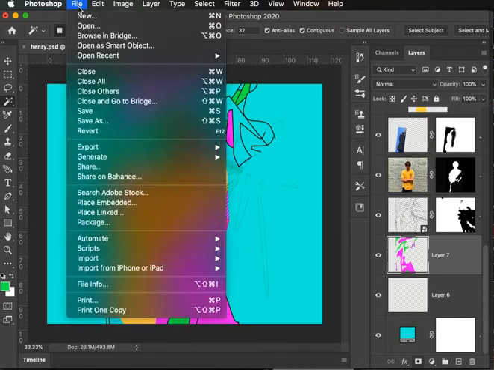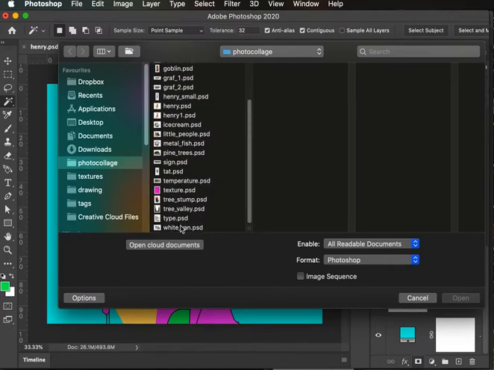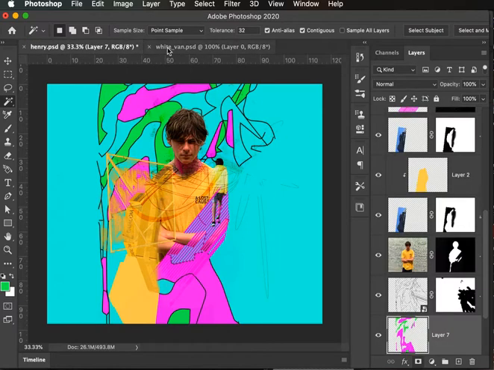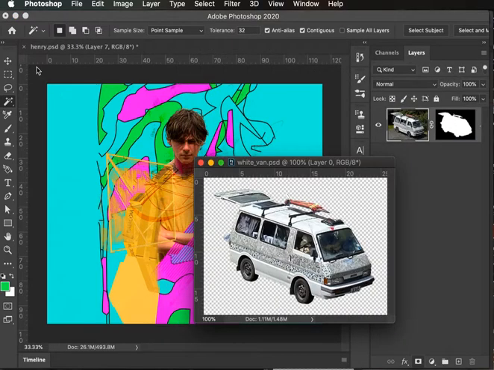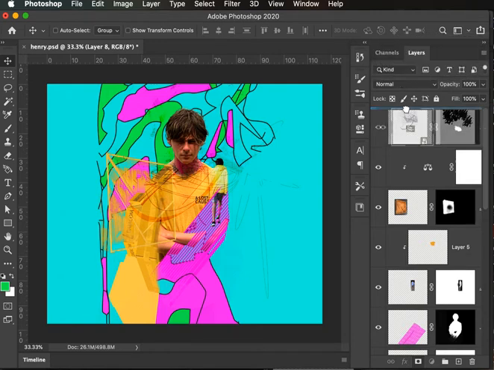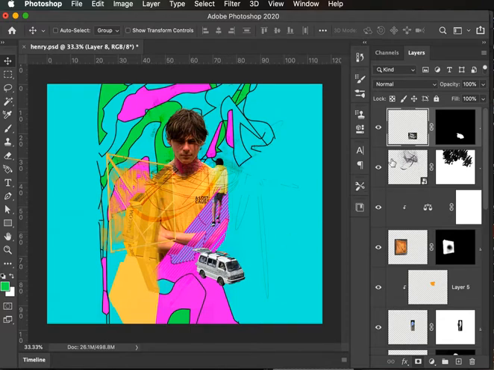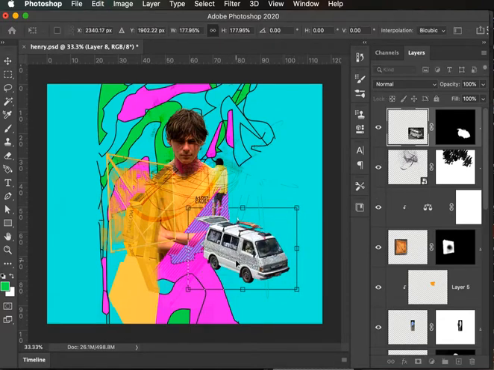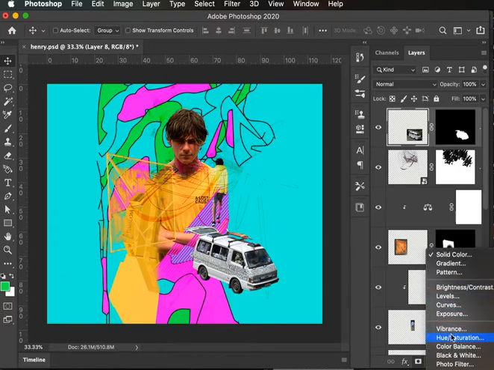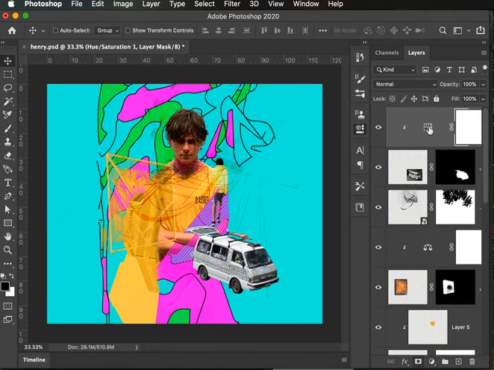Alright, so I'm going to grab a few more things. What other images? I think there's an image of a van. I better put it up the top for a start so I can see it. Command T, enlarge it up a wee bit, and with that one, actually I might have a go at colorizing it, so I'll bring in the hue and saturation. I'll clip it so it only affects the van, double click on it,